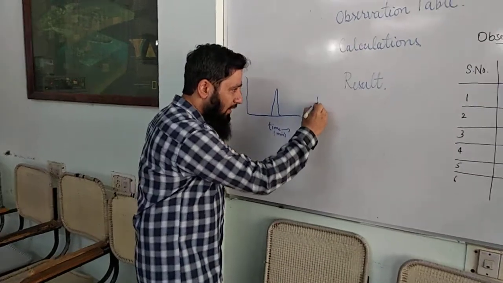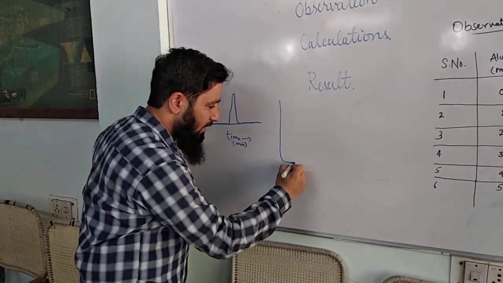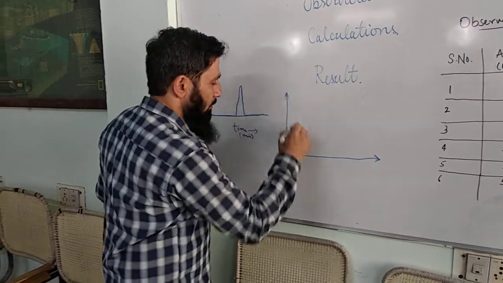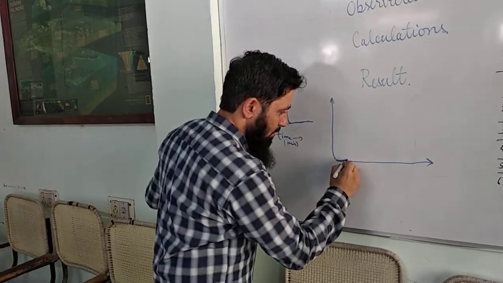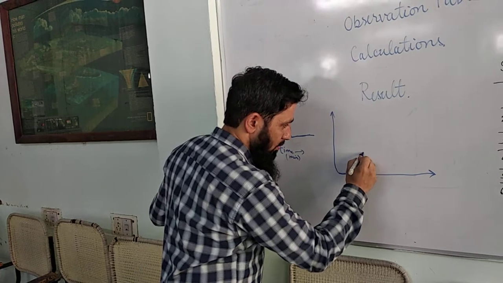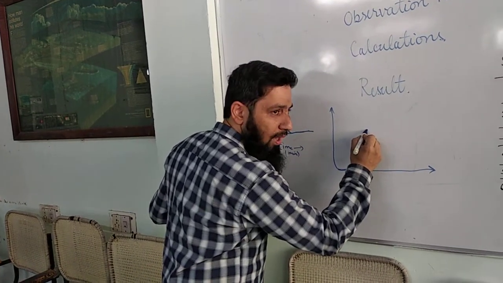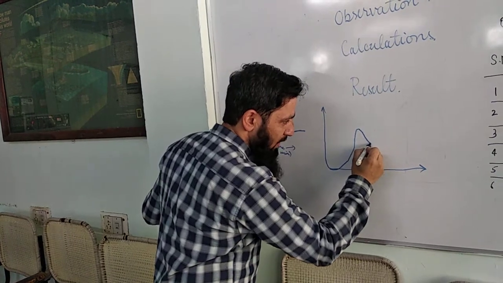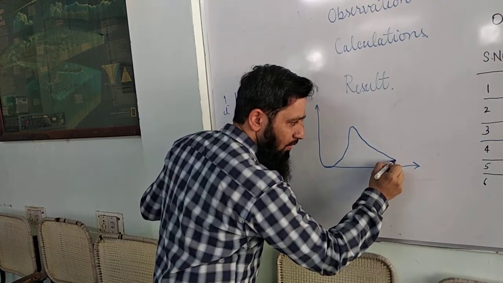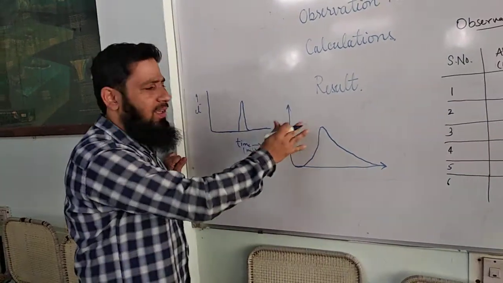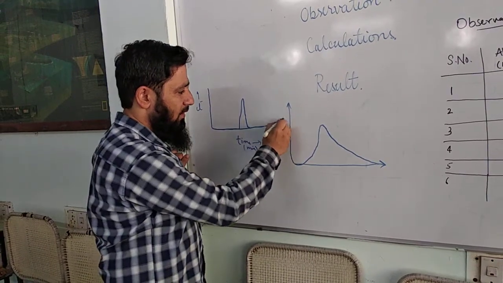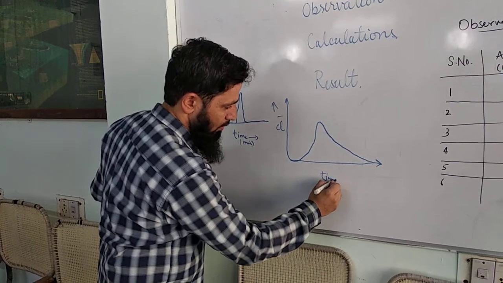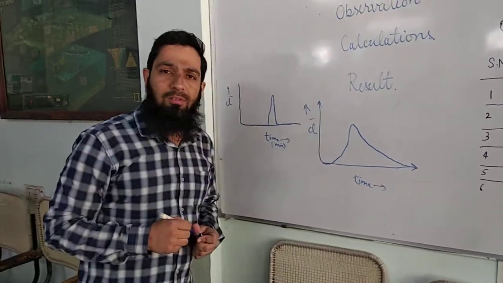But in our case, the reactor is not ideal, and there is certain form of mixing. So in our case, you will see this is how the chloride concentration will increase, and after reaching the peak, it will again decrease. So some sort of shape you will get. Okay. So this is the graph which you will get versus time. So this is all about it. Thank you.